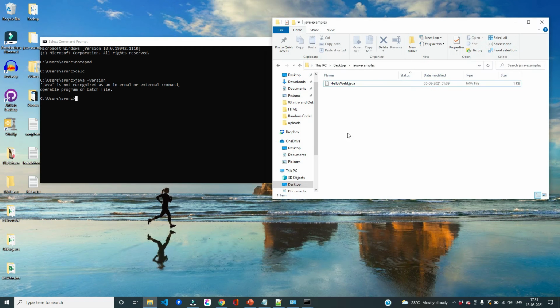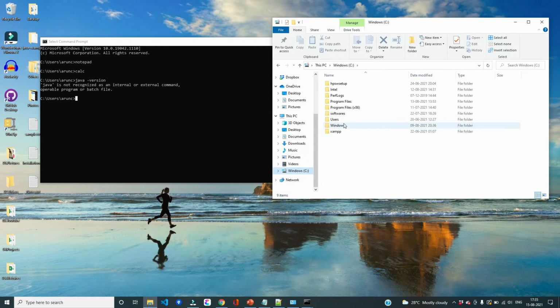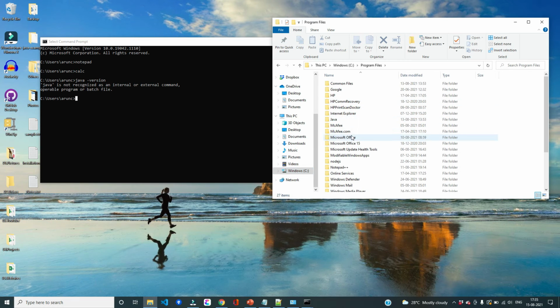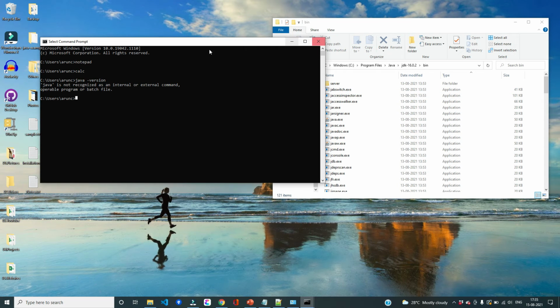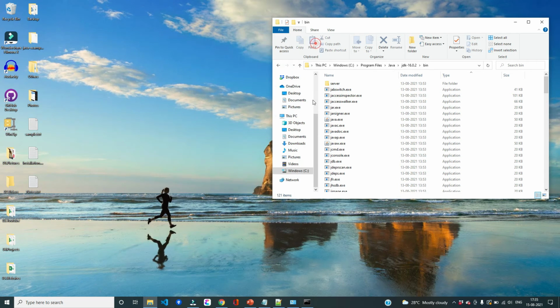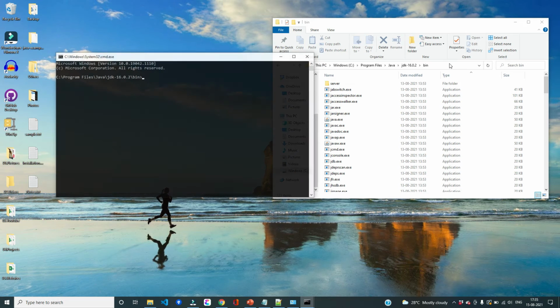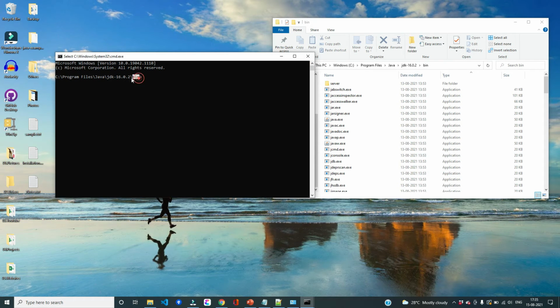If I try to execute the same command within our bin folder, then we should be able to execute it. Let me open the bin folder, close this window, and from this location let me open the command prompt. So now I am on this bin location. So if I run this java -version, I should be able to successfully run it.